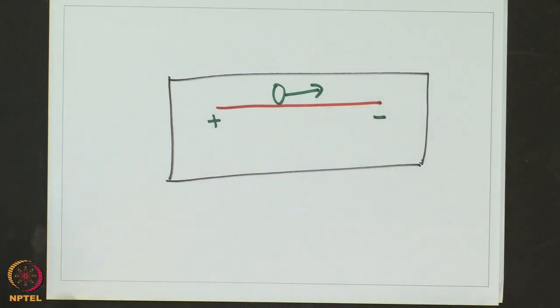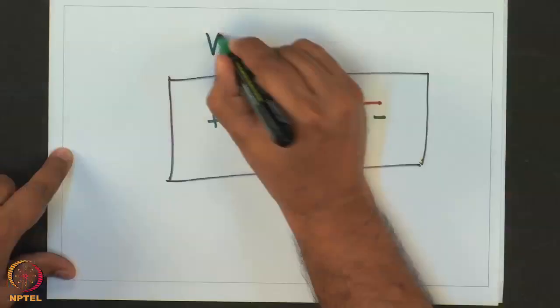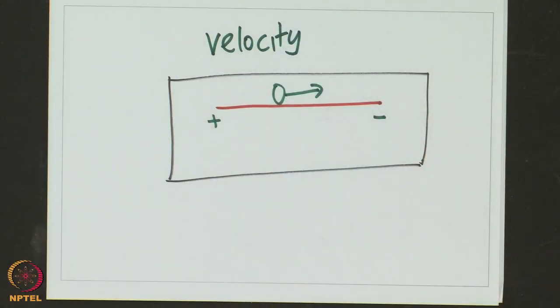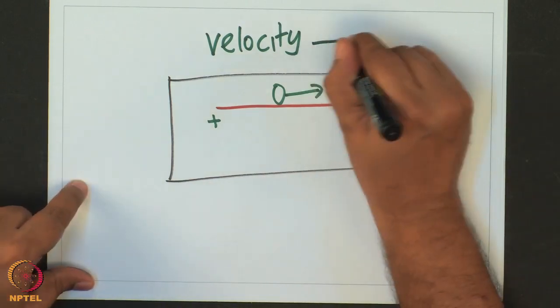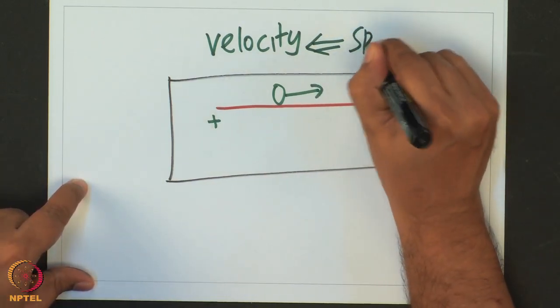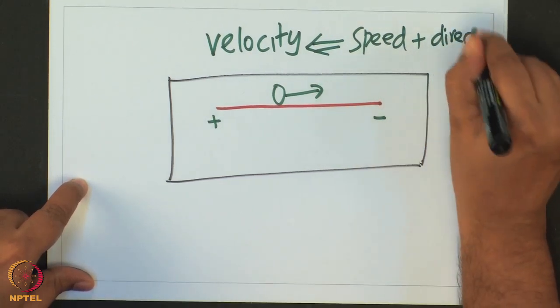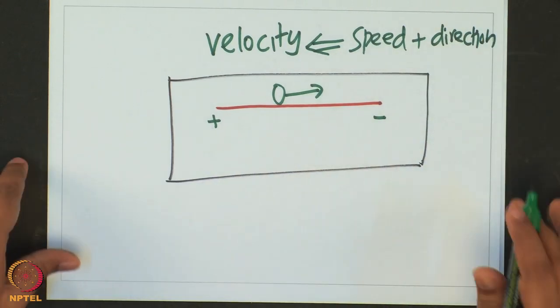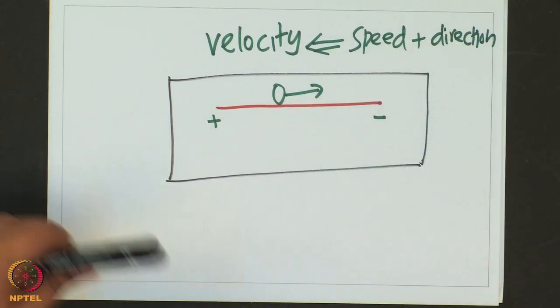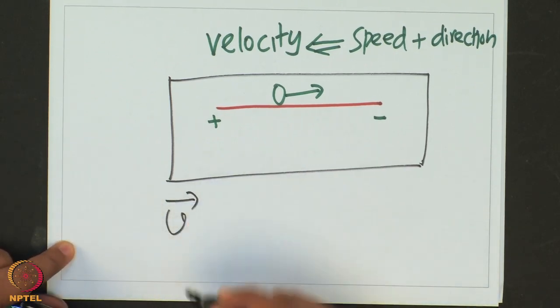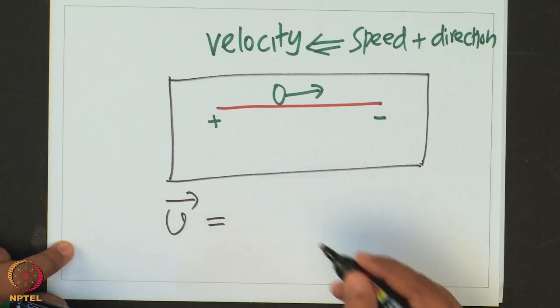So motion is often represented by this thing called velocity. Velocity is something that represents motion. What is velocity? Velocity is nothing but speed with a direction. Speed plus direction together is essentially velocity. So we want to say that a molecular motor is moving this way. We would want to use the following, that we want to say that velocity, which is a vector, it is